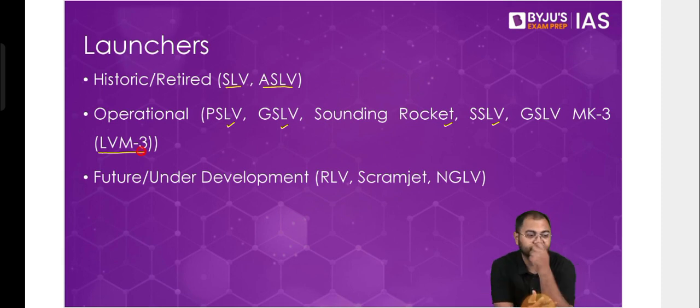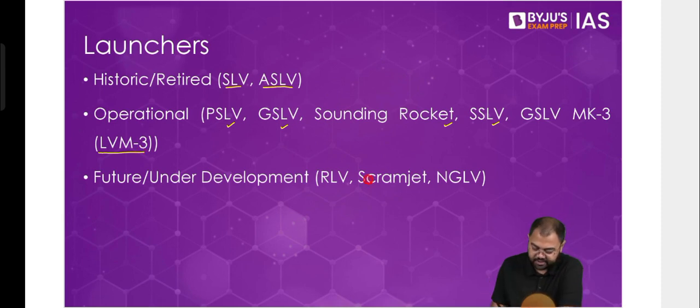So just remember, for the sake of understanding, that GSLV Mark III and LVM3 are not different, because you might see these terms and get confused. We used to call it GSLV Mark III, but what we have seen is that ISRO, especially over the past couple of years, has been calling it LVM3. The reason is that GSLV Mark III compared to GSLV Mark 1 and Mark 2, and we'll discuss this, is very different, and that's why they don't want to call it a GSLV. So there has been a shift in nomenclature from GSLV Mark III to LVM3. Just remember that LVM3 and GSLV Mark III are both the same launcher.